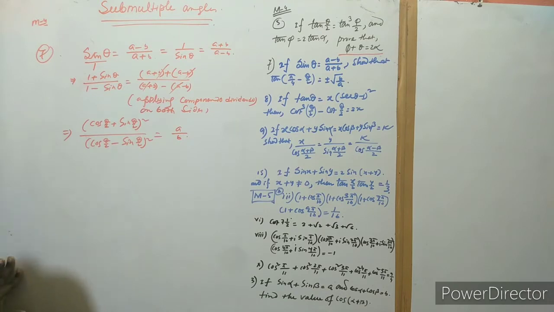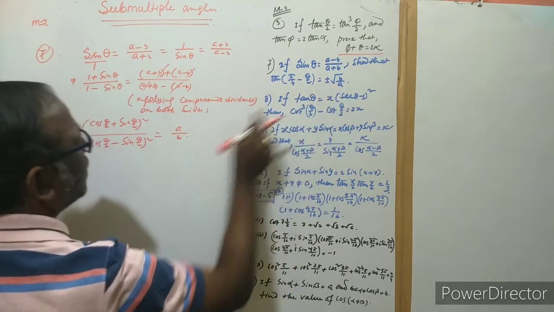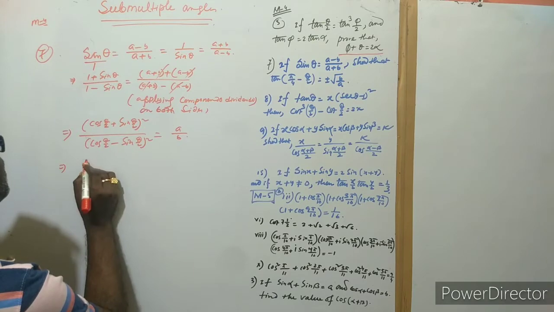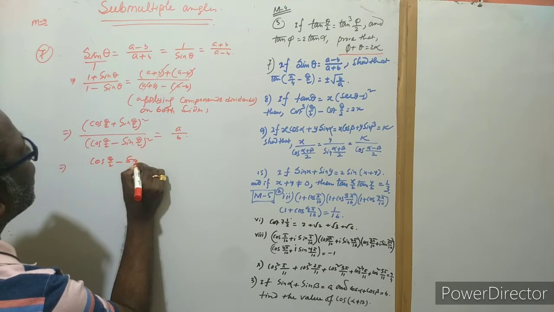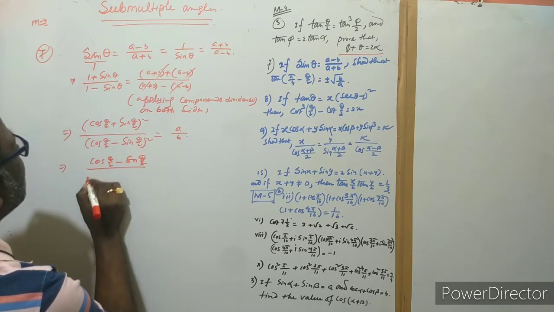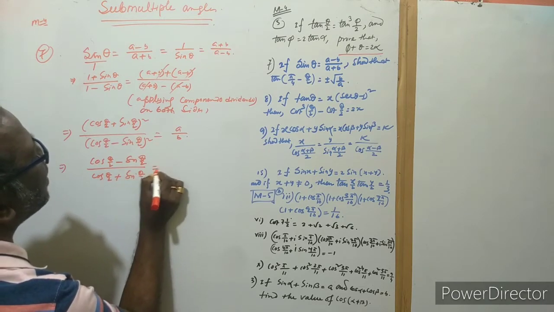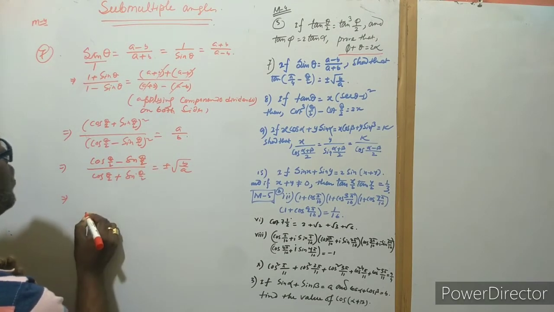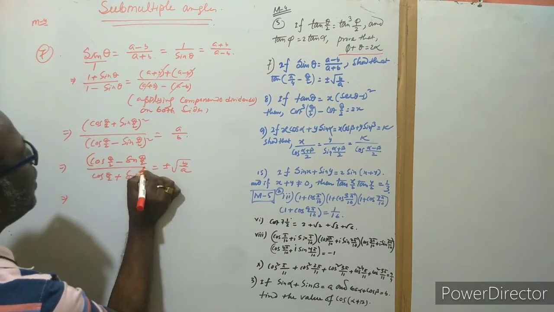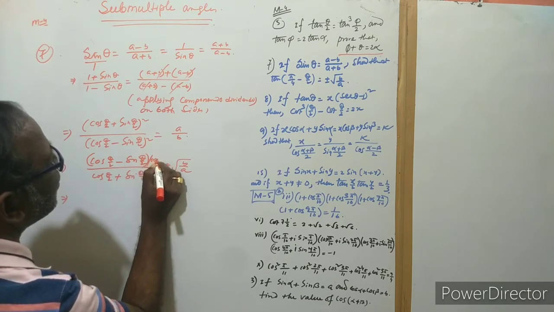Okay. So now see on the left hand side, this is a by b and this is b by a. So we can reverse these and get a square root here. Okay. So you can write like that. Okay, plus minus root over b by a, and dividing by cos theta by 2 on both sides. Okay, dividing by cos theta by 2 on both sides. So you can write like that, cos theta by 2.